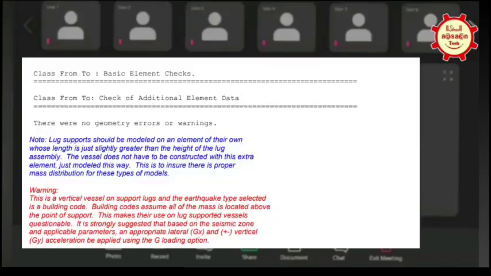Actually, the question I raised on the group regarding the support bracket warning. Can I share my screen on that? Yeah, you can. Is this visible? Yes. See, this is the red warning I was talking about.